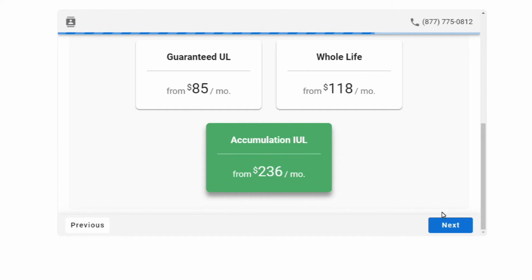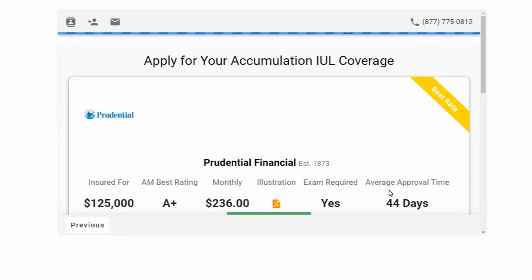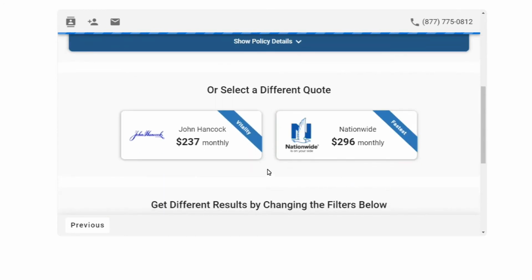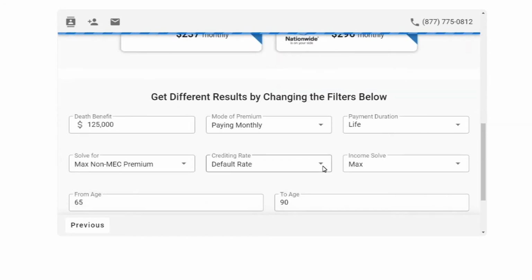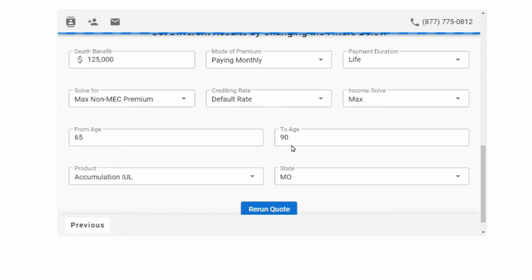So now that we've selected a product, it goes to green. We're going to click the next page. We're going to get rates from all the available carriers. Now we have over 300 choices of carriers, so this may take a minute or two depending on your internet connection. But in this particular instance, Prudential offers coverage, John Hancock, Nationwide, and you also have, after you scroll down,